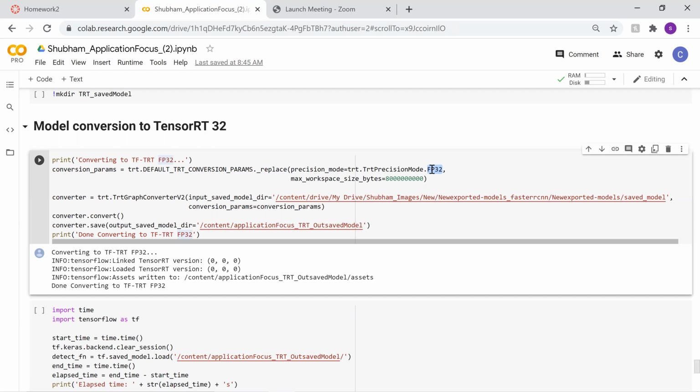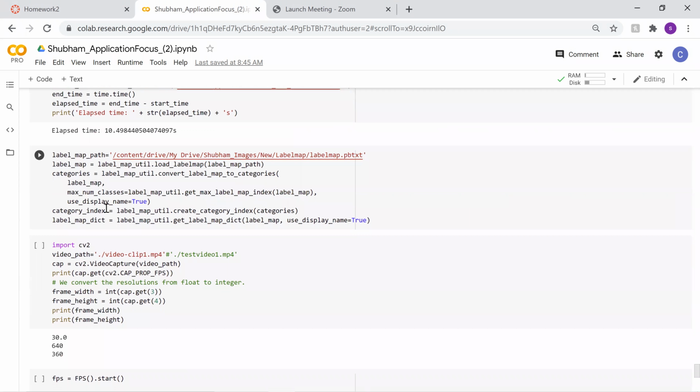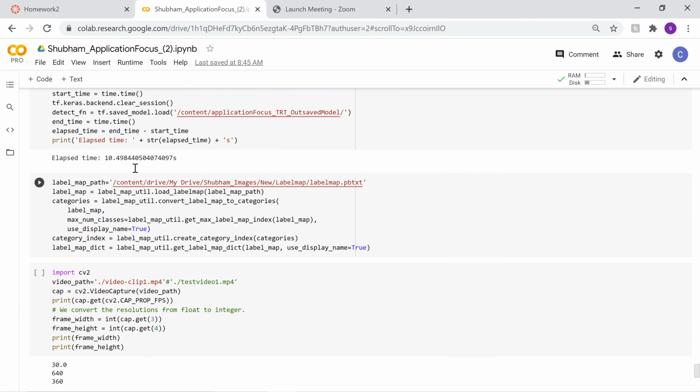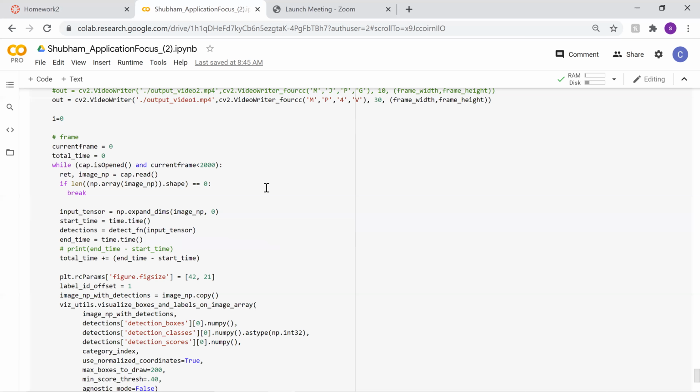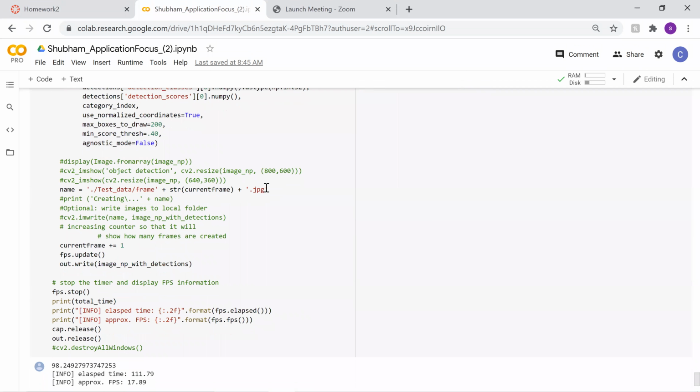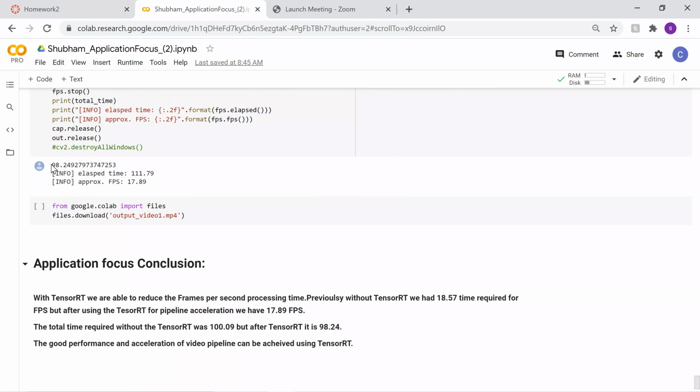We can just change it to FP16 by writing FP16 here, and the new model will be saved into the application focused TRT. After saving the output, the same code is being utilized,